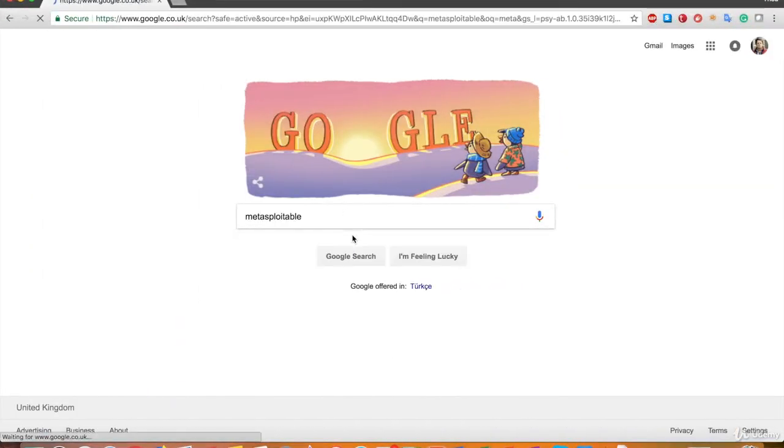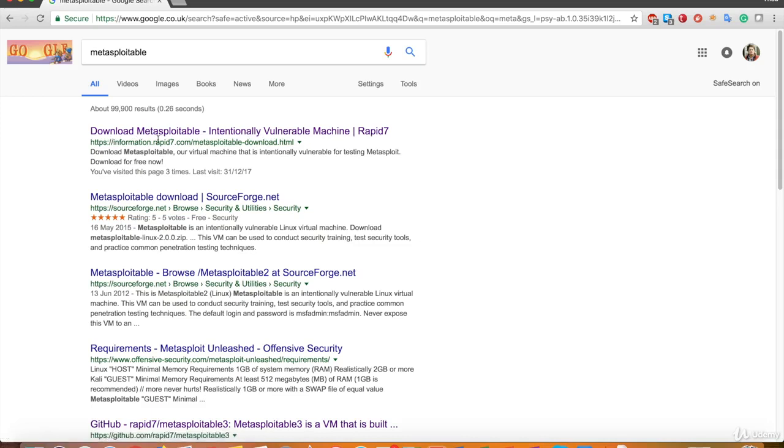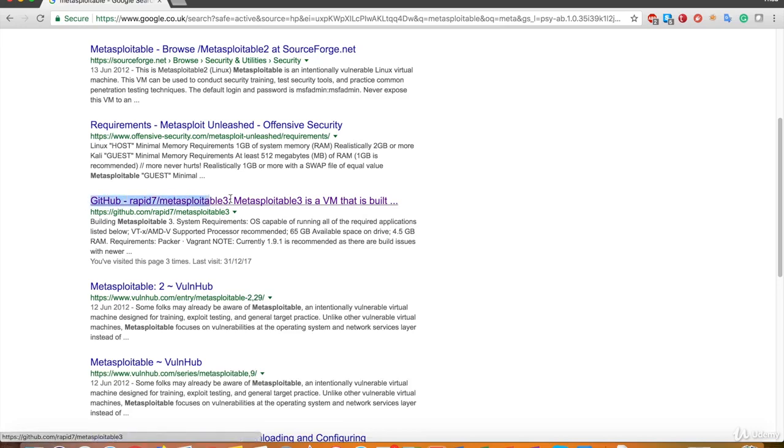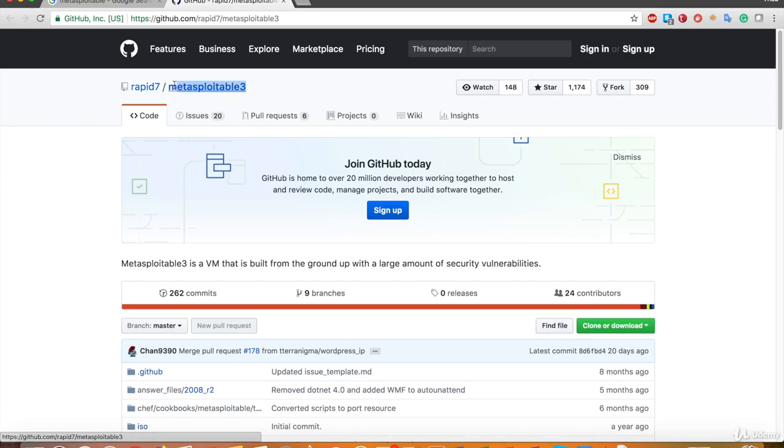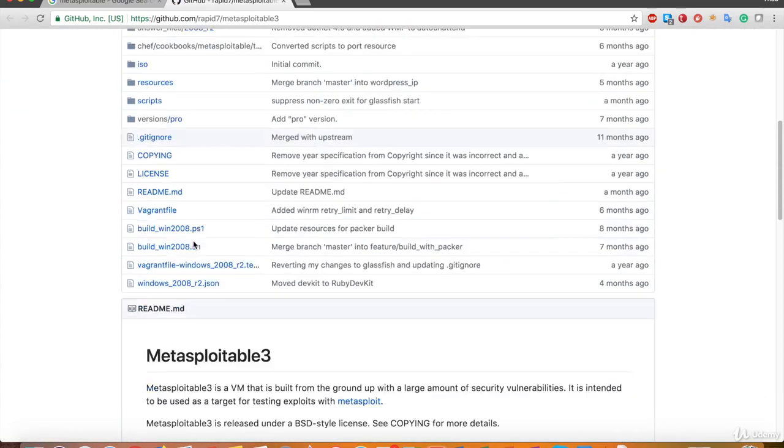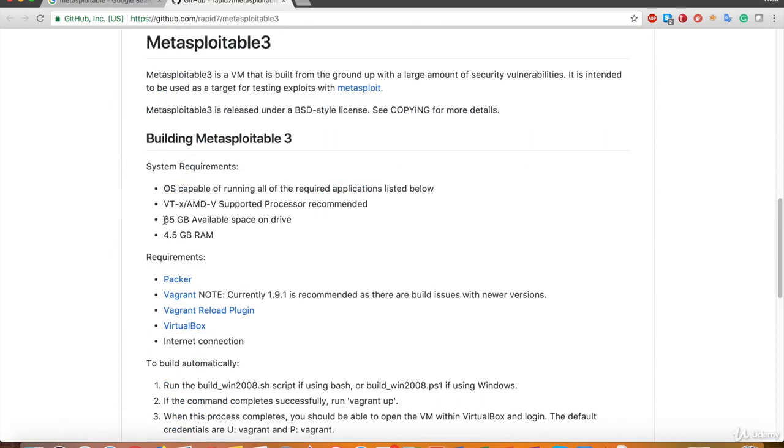When you Google the word Metasploitable, you find the download link of Rapid7 in the first row. You can download it from sourceforge.net as well, which is on the second line. There's another link that's the GitHub address of Metasploitable 3. Metasploitable 3 is another version of Metasploitable produced by, again, Rapid7. Let's go to the page. System requirements in the README section says that the Metasploitable 3 virtual machine requires 65 gigabytes of free space on my drive and 4.5 gigabytes of RAM. Well, these amounts are a little bit too much for me, so I'm going to use Metasploitable 2,